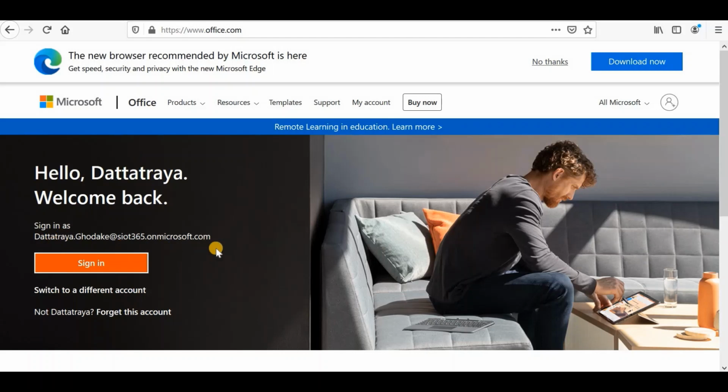As I have already created my account, it will not ask me to sign up. If you haven't signed up for a Microsoft Teams account until now, it will ask you to create your Microsoft Teams account, and with the help of your Gmail, you can easily create it.